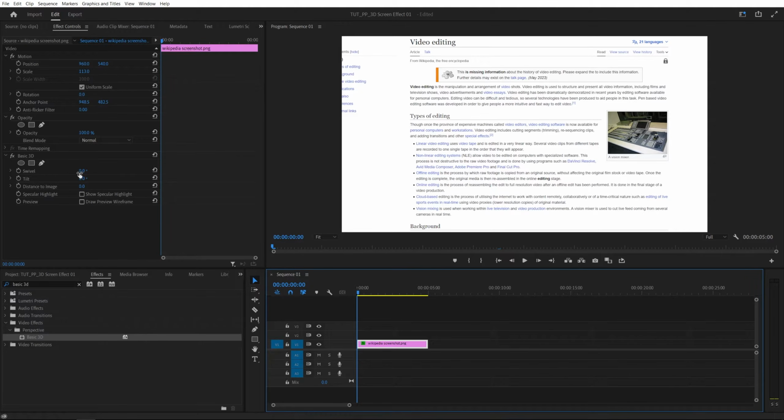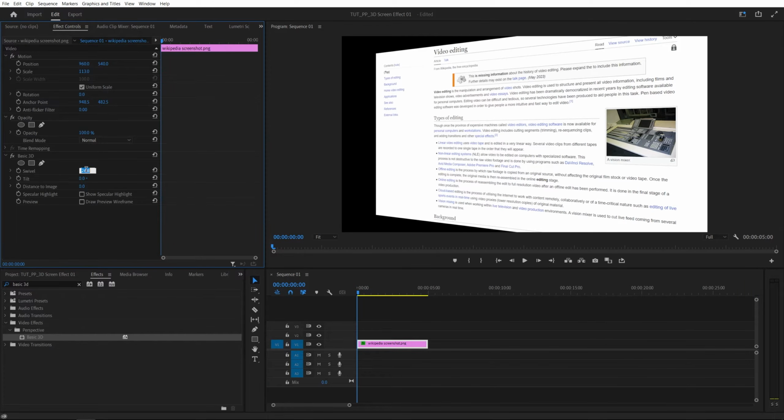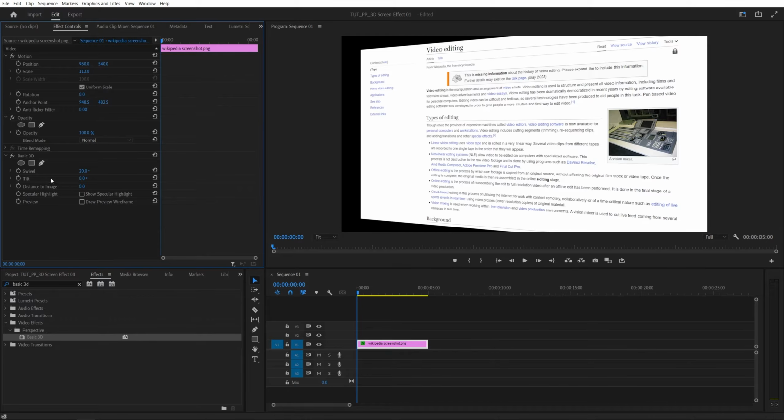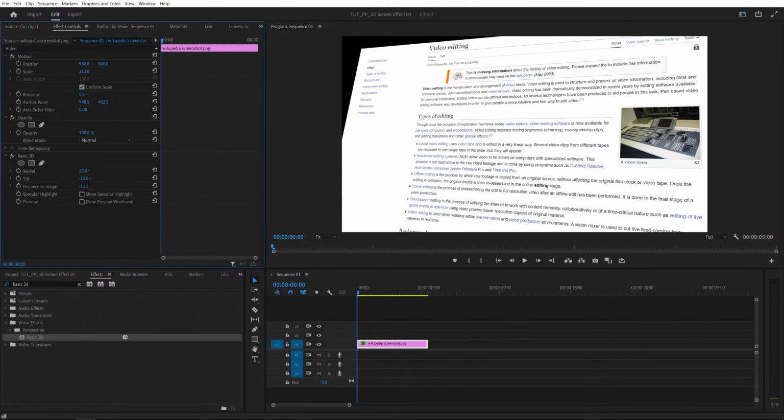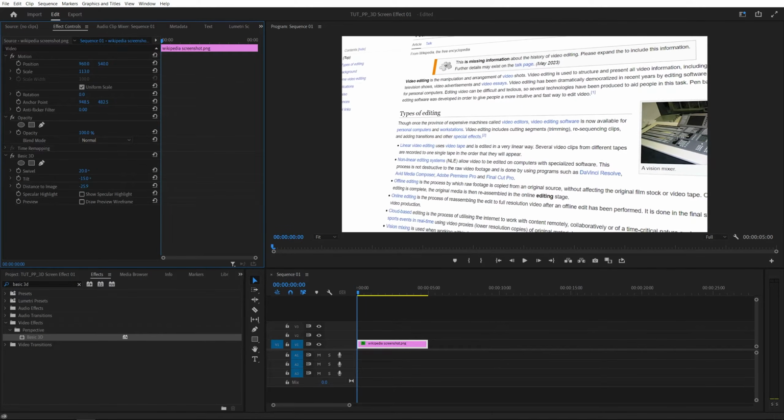Let's start with swivel first, so I'm going to give this 20 degrees to get this angle. For the tilt, I'm going to decrease this to -15, and then we get this blank space that we want to cover, and we can do that with distance to image. If we decrease this to zoom in until we don't have any gaps, you can see that already looks like